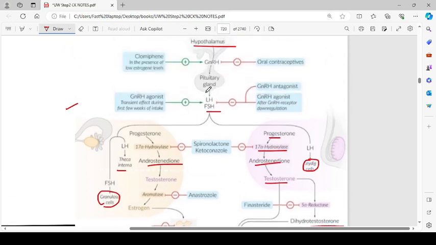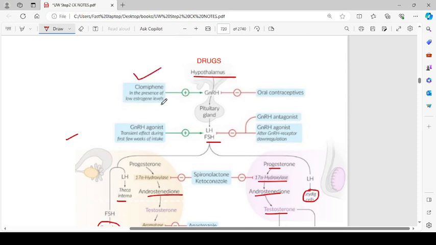Now let's see the mechanism of action. Clomiphene, in the presence of low estrogen level, will stimulate the release of GnRH. That is why we use clomiphene citrate for the induction of ovulation. GnRH agonist has a transient effect during the first few weeks of intake. They will increase the level of LH and FSH, but if we give a constant GnRH agonist, that will suppress the level of LH and FSH by suppressing the